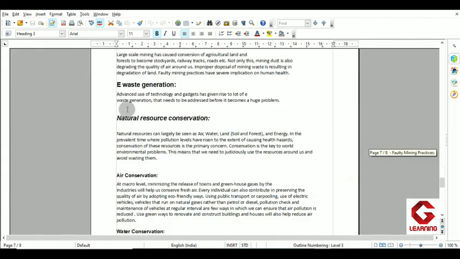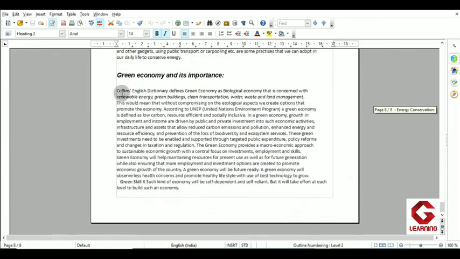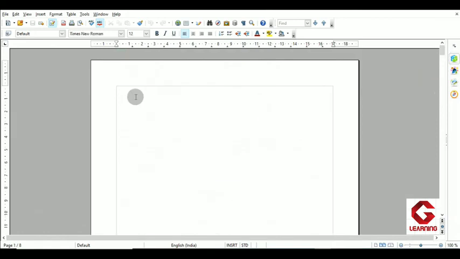Thereafter we have natural resource and conservation, and the last topic of green skills, green economy and its importance, and here this document ends. Now I want to create one index or table of contents on the first page of this document.